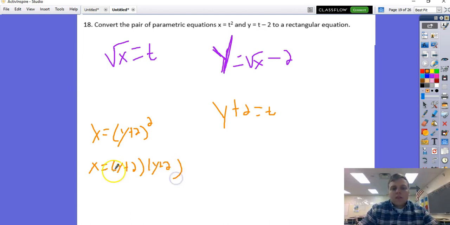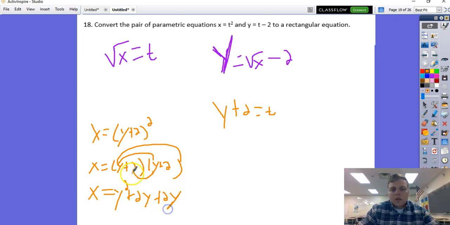Okay, and then you're going to do first times first. So y times y, which is just y squared. And then you're going to do first times second, y times 2, which is 2y. And then you're going to do second times first, which again is another 2y. And then you're going to do second times second, which is 4. Now you just got to put like terms together, so you're going to get x is equal to y squared plus 4y